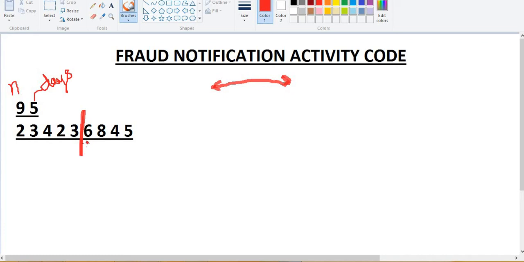So we'll start from here, and check if 6 is greater than the median of the previous period. This is not a sorted array, so we would sort it, which gives us 2, 2, 3, 3, 4. The median is the middlemost element if the number of elements is odd.